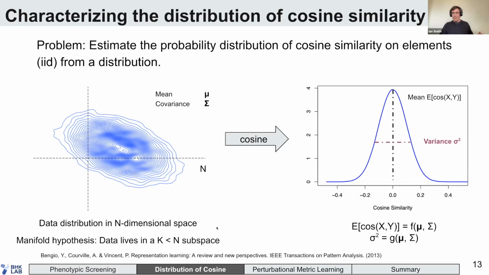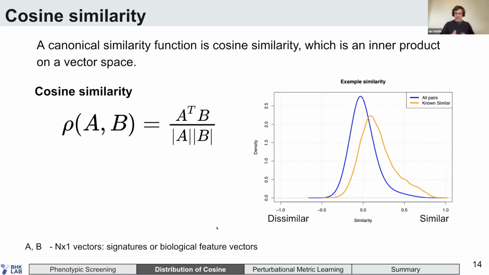I'll get into a little bit more about why we're motivated to do this, but it kind of started out as a sort of interesting math question. So cosine similarity, I imagine